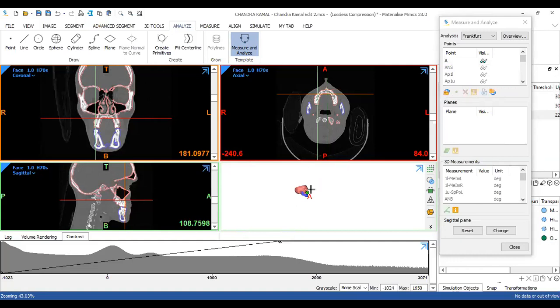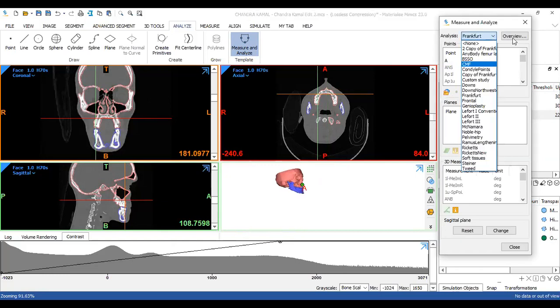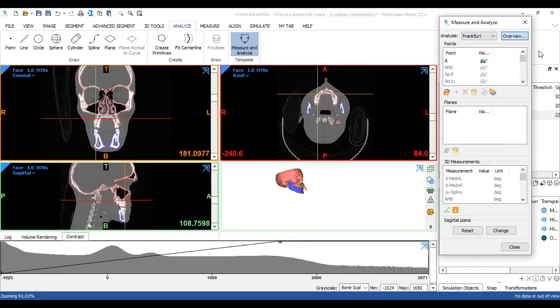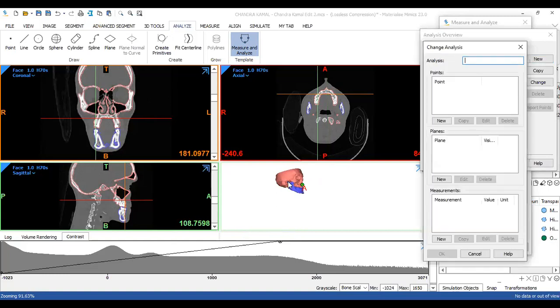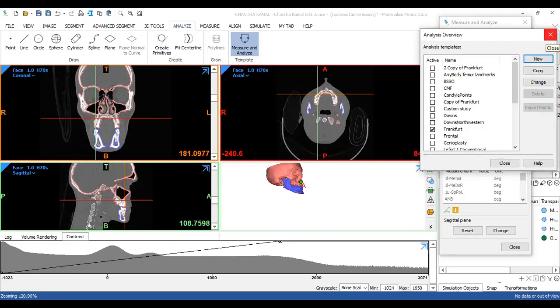In case the drop down is not satisfying your requirement and you want to add another template, you can go to overview and click new, write in the name of the analysis, mark the points that are required in the project, and then click on new. So a new template entirely customized as per your requirement will be created. Right? Now coming back to Mimics,